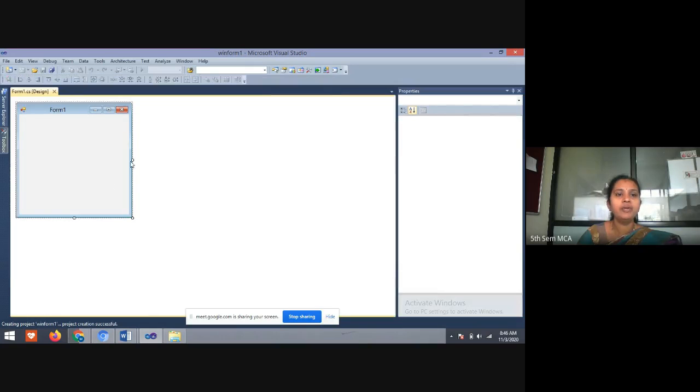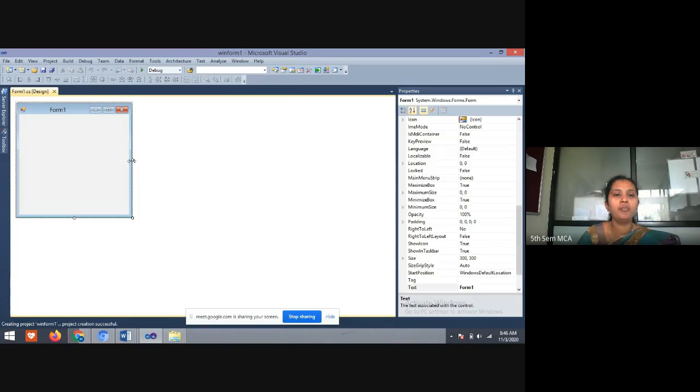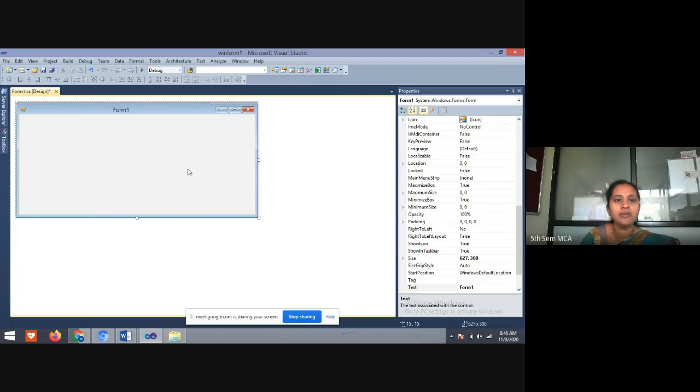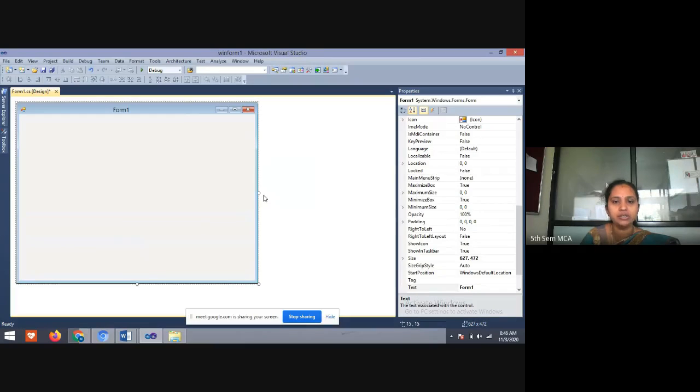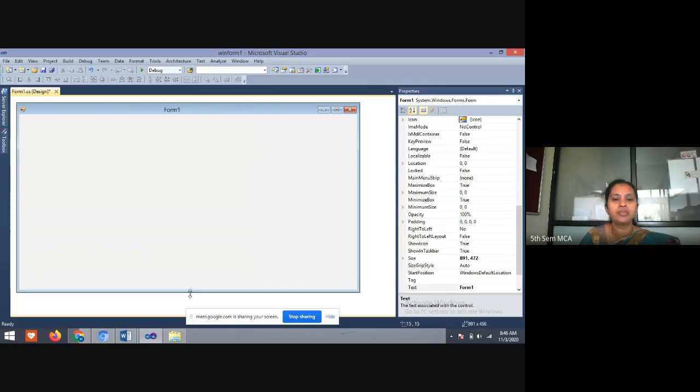Yes, this is a form. This is the empty form. It is like a white paper, a white sheet. On the white sheet, whatever data we want, we draw or write. Similarly, this form is an empty form, like a blank white sheet. Make the best use of this form. Here I have increased the size of the form. Now in this form I need to